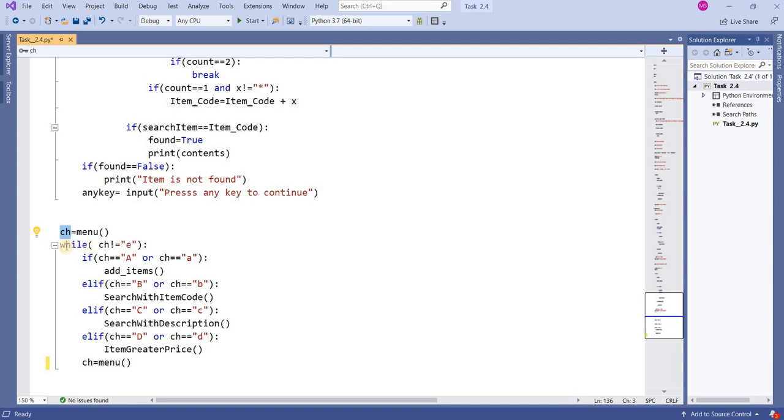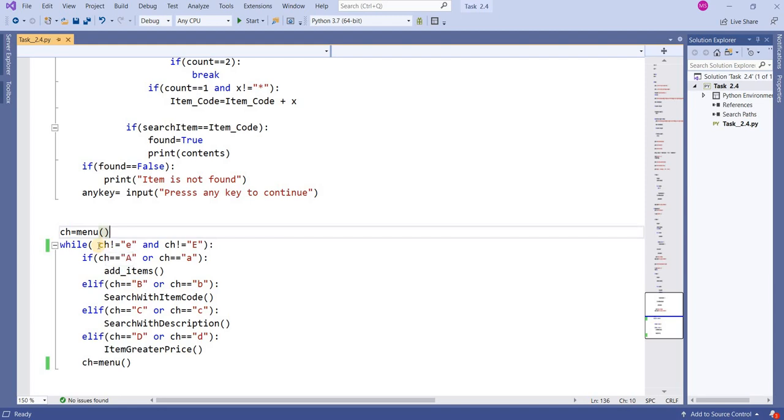I am saying while choice is not equal to e; I have used e for exit. Here I have written ch equal to menu, and menu will return one character into variable ch.